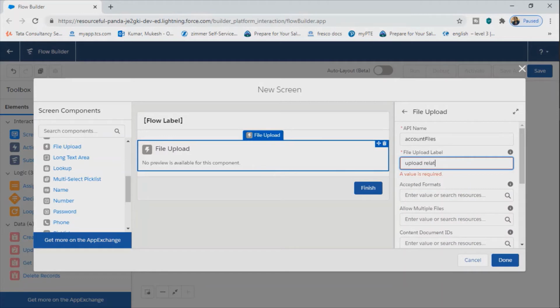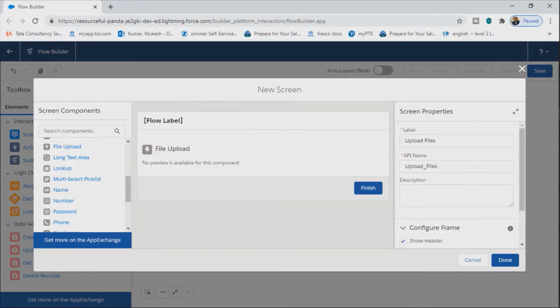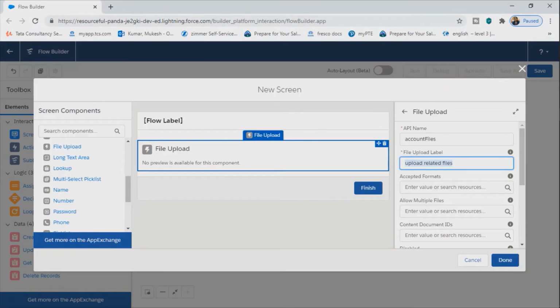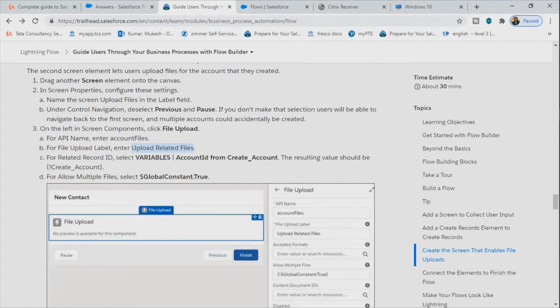In the file upload label we will select upload, or you can just type it, you might not be able to select it. So upload related files, or better, I can copy the text directly from the question from Trailhead and then paste it here. So let me copy it. Okay, and now paste here. Okay, so now the next is